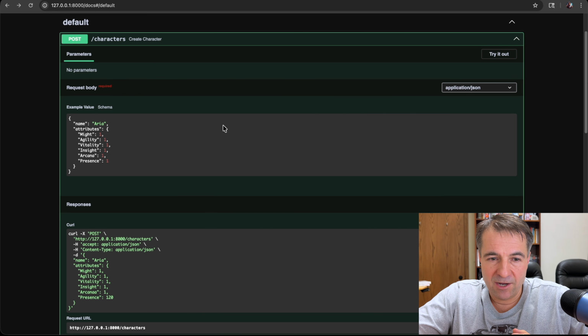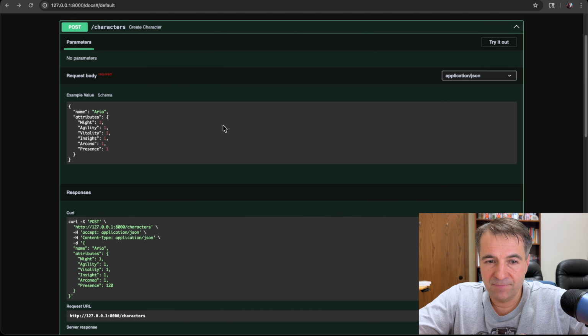So this will be the API that we're going to cover. This is going to be a backend for a role-playing game. This is part of Voyager Quests that we'll be building something like this. As you can see over there, you have a character with attributes. What you're seeing over here is the Swagger user interface. The API we'll build will be FastAPI, and it'll automatically generate this user interface for you.